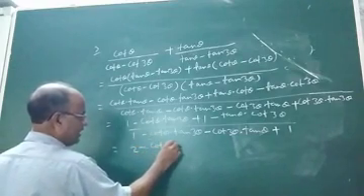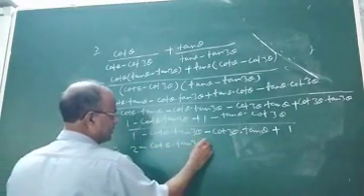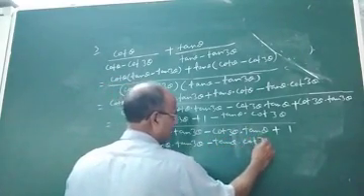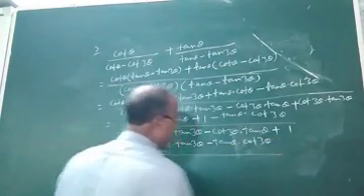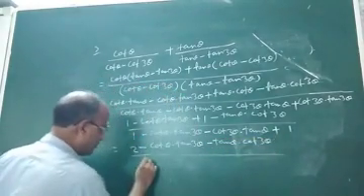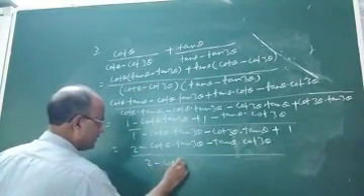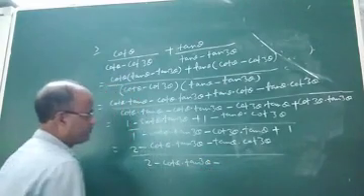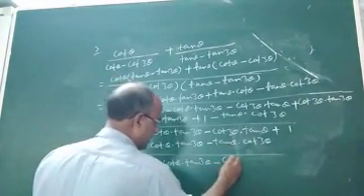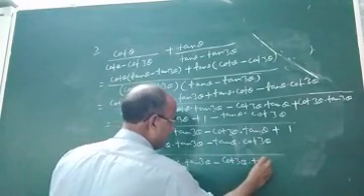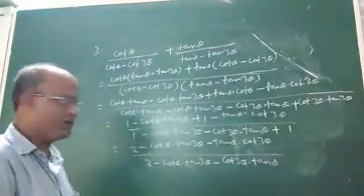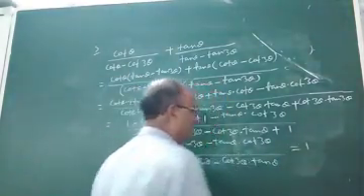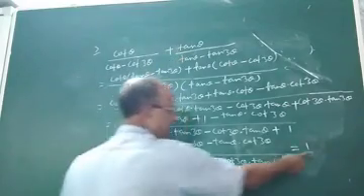So 2 minus cot theta into tan 3 theta minus tan theta into cot 3 theta, whole divided by again 1 plus 1, these are like terms, so 2 minus cot theta into tan 3 theta minus cot 3 theta into tan theta. Now look at the numerator and denominator. They are the same, so their ratio will be equal to 1. So the value of this trigonometric expression will be equal to 1.